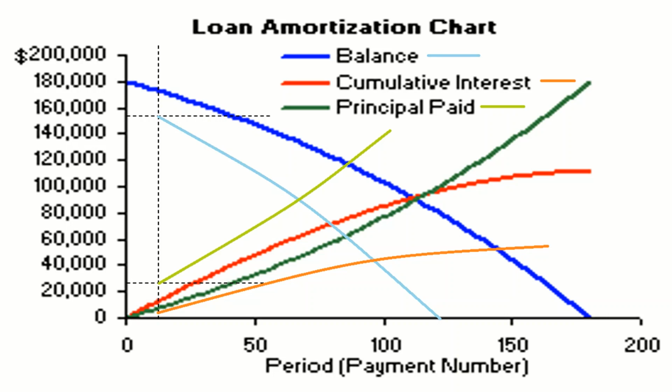I have just kind of lighter colors. So the balance with the new principal, or with this velocity banking strategy, is just a lighter blue. Cumulative interest is more of an orange color, and principal paid is a lime green. So you can see at about, let's say, the first year, if not following this strategy, looking at the